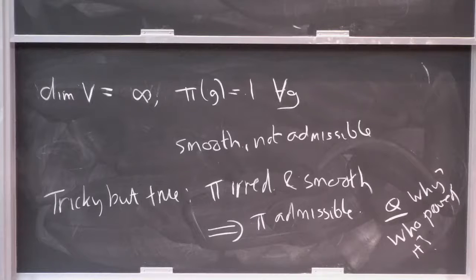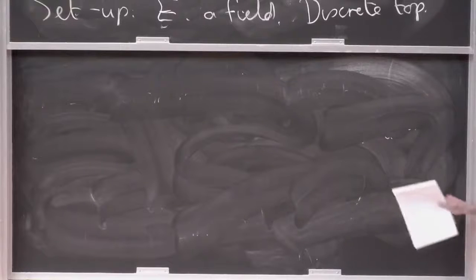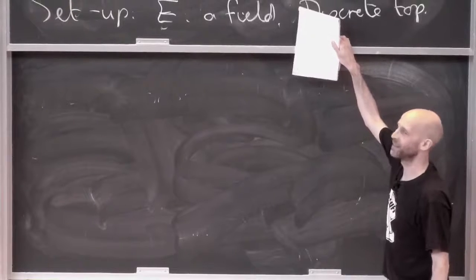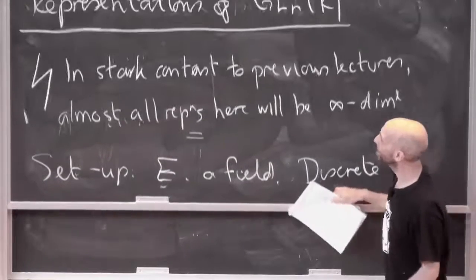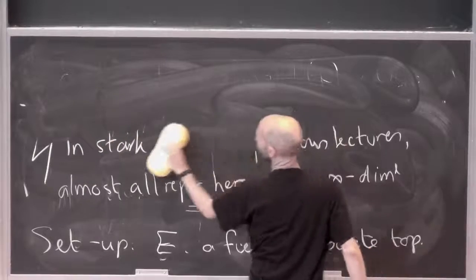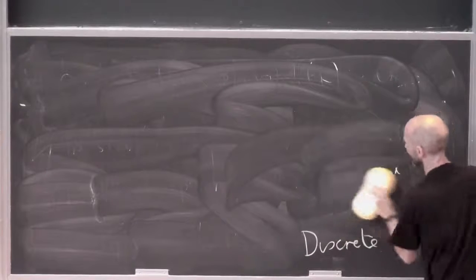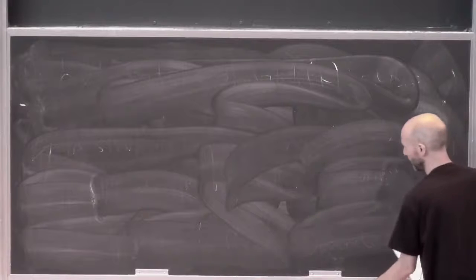Hello. What's the topology on GLN of K? GLN of K has its p-adic topology. Yeah, K has its usual topology in GLN of K. GLN of K is the units in a ring, right? It's the units in n by n matrices over K, so I can just put the subspace topology on, right? Because we all know that works fine in 99% of cases. So if you like, I will answer your question.